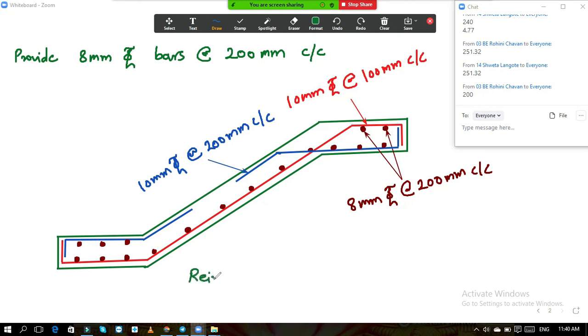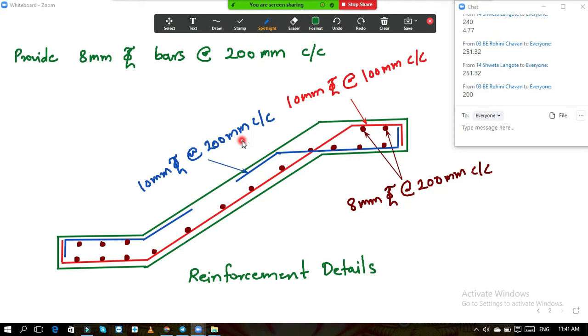So this is reinforcement details. This is the reinforcement details, and calculate the development length. This length, whatever this length is there, this is your development length, and that development length LD is equal to 5 sigma S upon 4 tau BD. So if we consider now 10 mm bar, now it nearly comes out to be 470 mm. Your development length will come up to 470 if you calculate the development length.